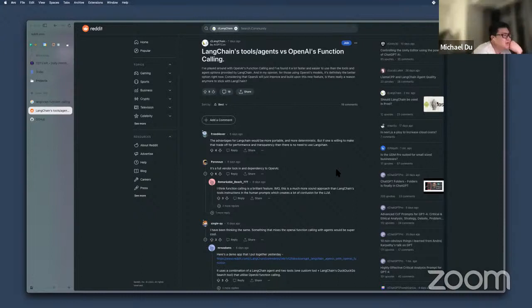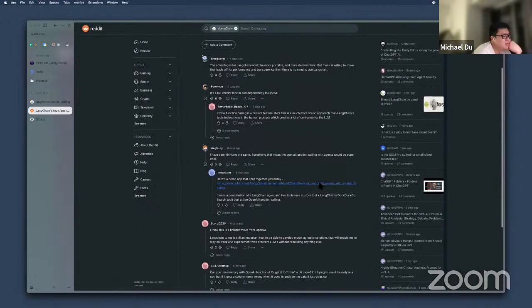One is willing to make the trade-off. It's a full interlock, and a dependency for having the same thing. You use the combination of a LangChain agent and two tools: one custom tool and a DuckDuckGo search tool that utilize OpenAI function calling.